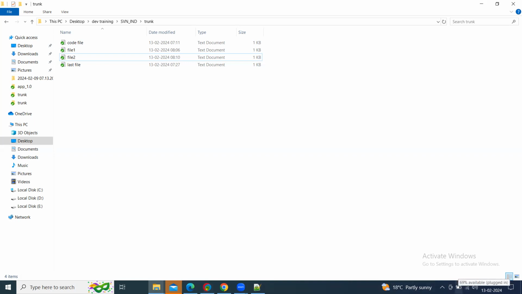But as a DevOps engineer, you should also know how this works. That's why I trained this. Same thing, if any newcomers join the company and they want to use Visual SVN or not Visual SVN, if they want to use the Tata SVN, you have to